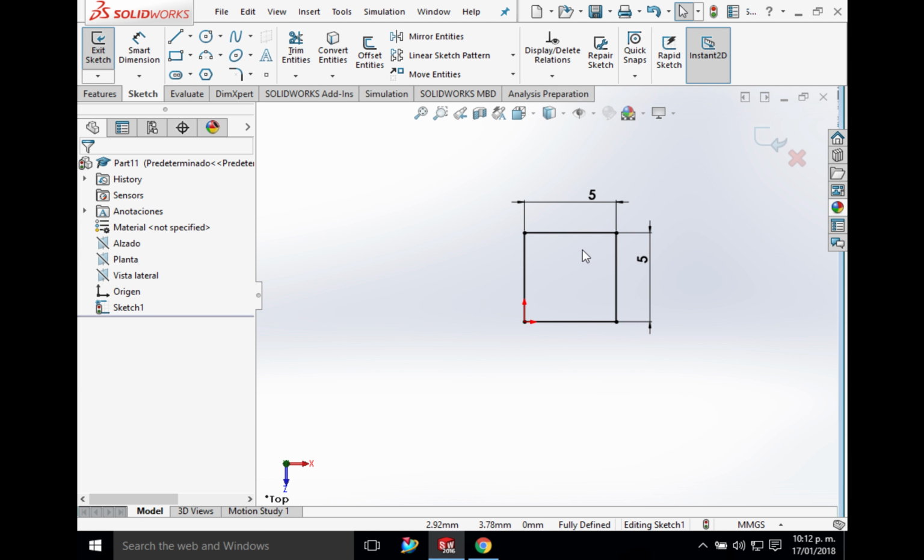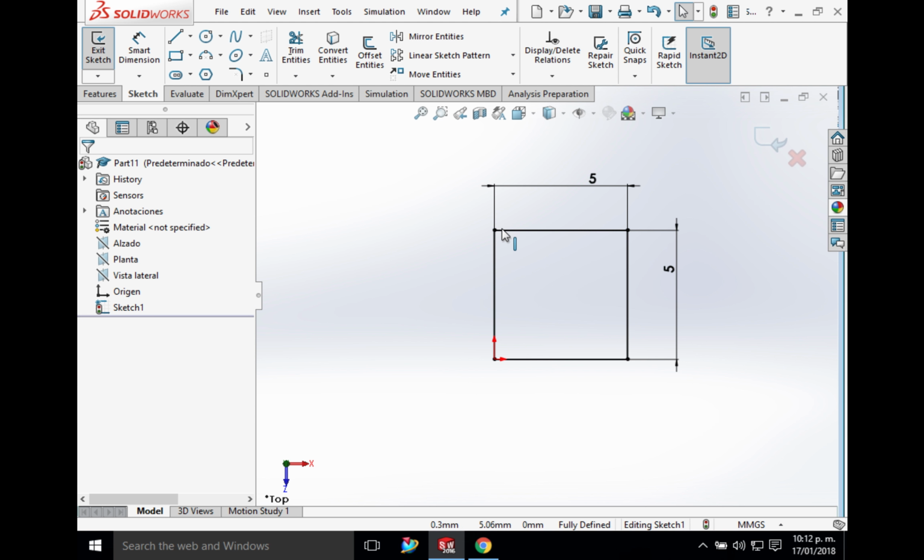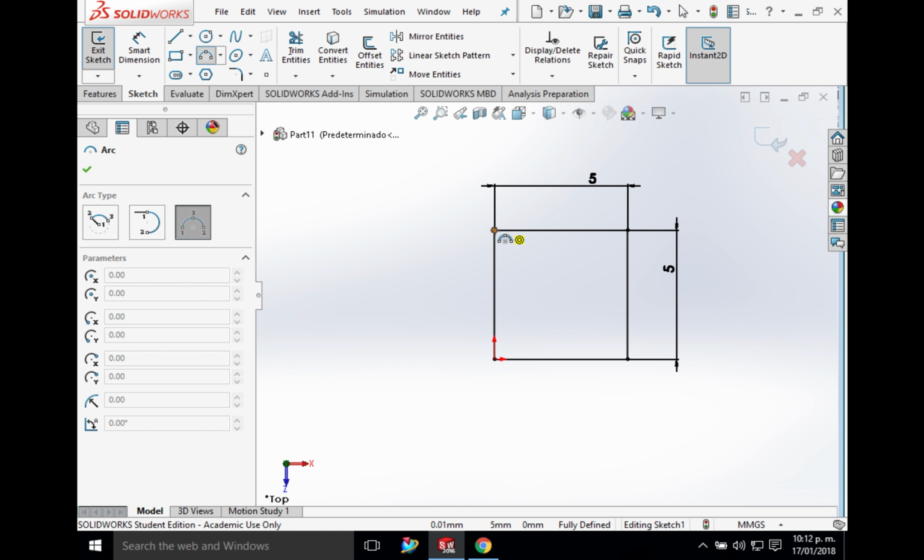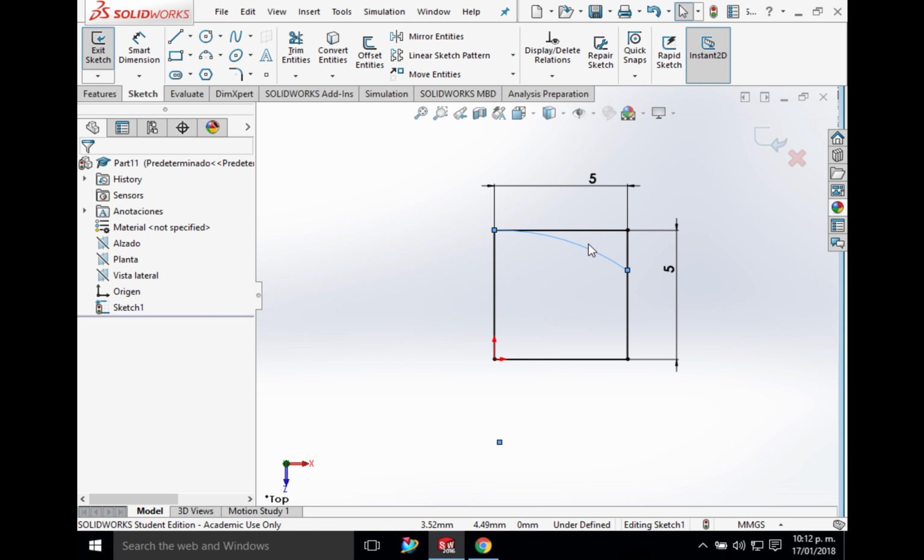Now, the difference with this is that since it's a convex shape, you need to start the arc from here. So you create the arc, 3-point arc, you click here, then you click here, and click here. Now there's another way, instead of just putting also the line here and then clicking tangent, what you can also